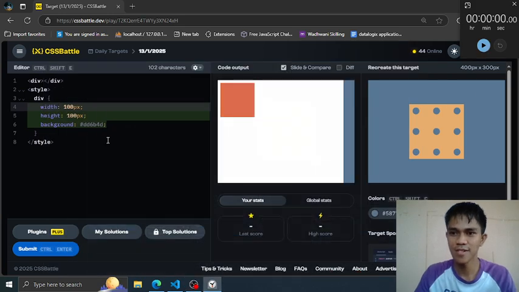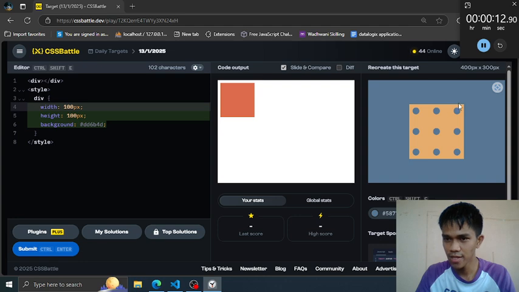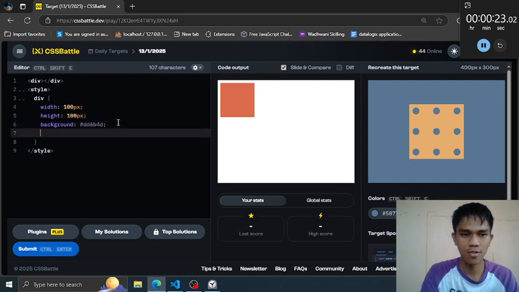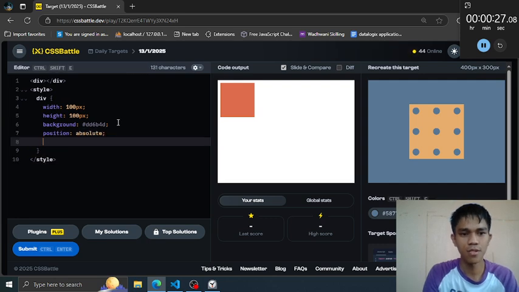Alright, let's start. In this one, we can create one circle and copy that one circle to create the remaining 8 circles. But before that, we can create this square first. Okay, so we have here already a red-orange square. We can put this on the center. Position absolute.